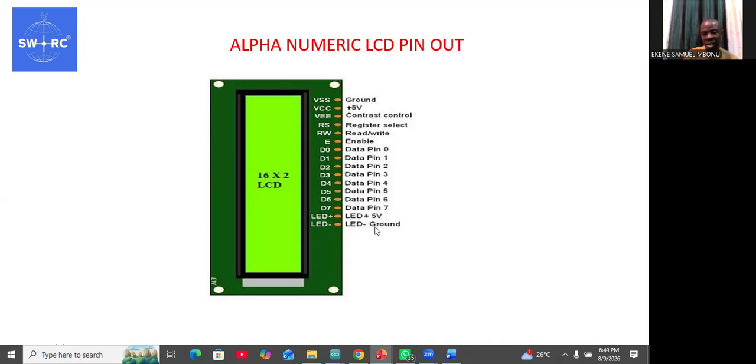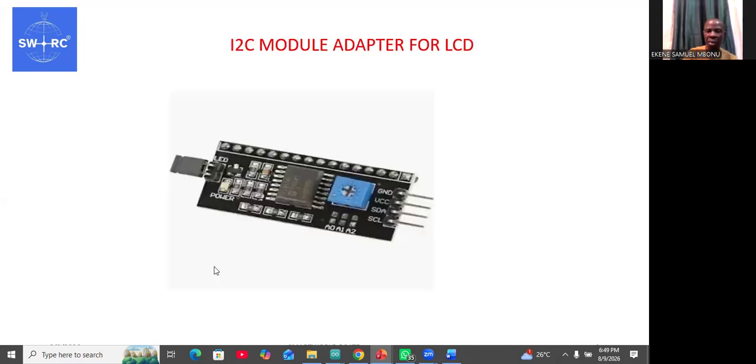What it means is that you always need to connect a resistor. Either you power this LED from pin 16 through a resistor, or you ground it through a resistor, usually a 100 ohm resistor we use. That's that. Now this is the